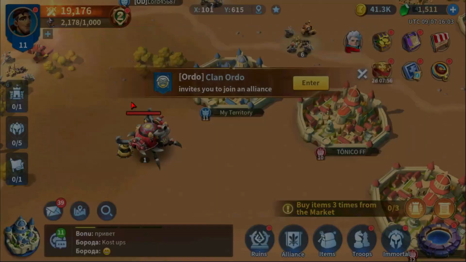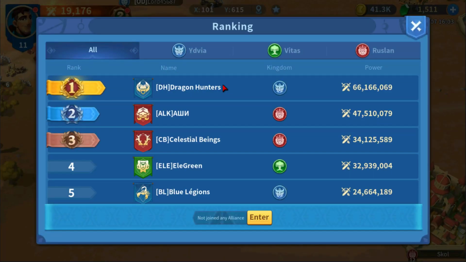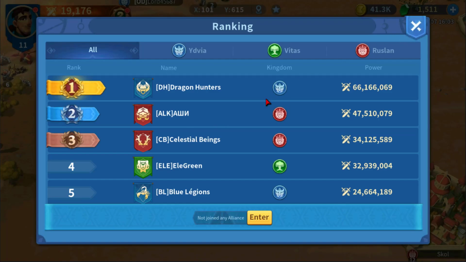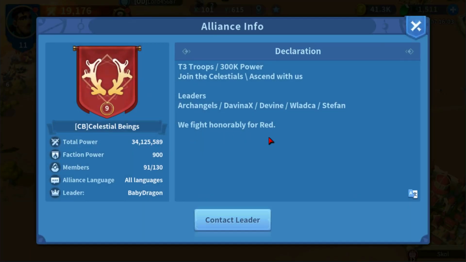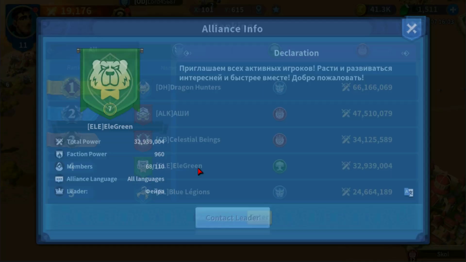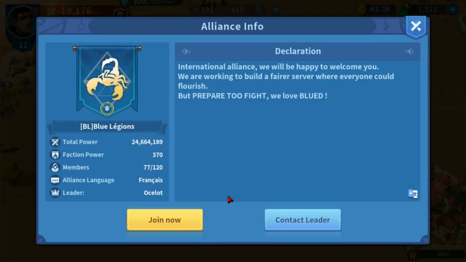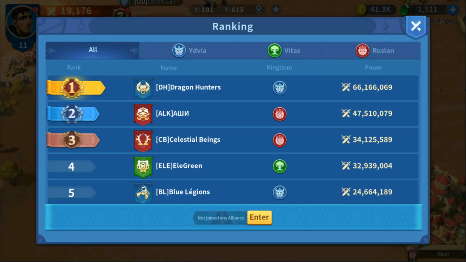Now let's look at alliance declaration boards and see how those look. So we're Dragon Hunters, one big family. Reward sharing is fair and transparent, for details, contact. Okay, at least they have a contact person, which is nice. It looks like they have a minimum requirement here of T3 troops 300k, even though it doesn't say requirement or min rec. They have leaders listed, which I'm hoping are names, so at least some contact information here. Okay, so alliance declaration boards, I'm going to give a 1. Again, nothing really